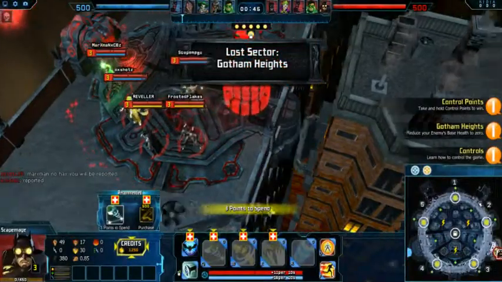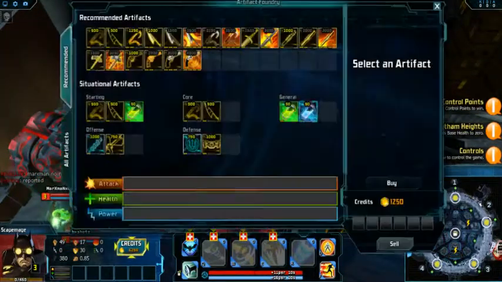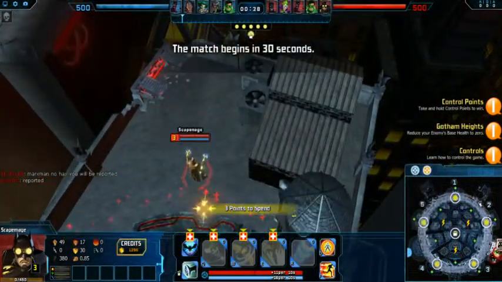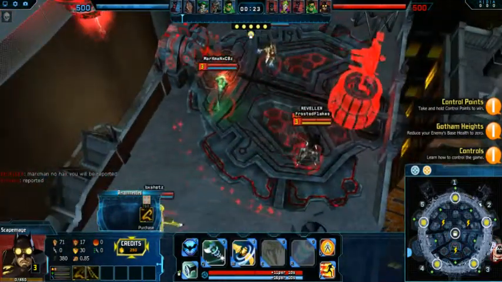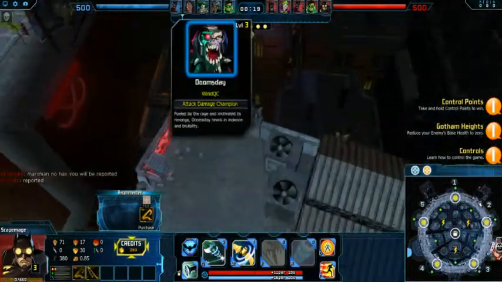Teleport to Lost Sector, Gotham Heights. The item sets right now in the store, there's quite a few things to choose from. This is recommended, and they're sorted very well into categories. I've been building recommended lately as I try to learn as many champions as possible, but I'm sure these items will obviously become a lot more viable as people start to create meta for